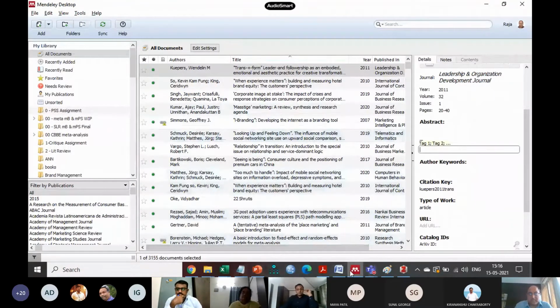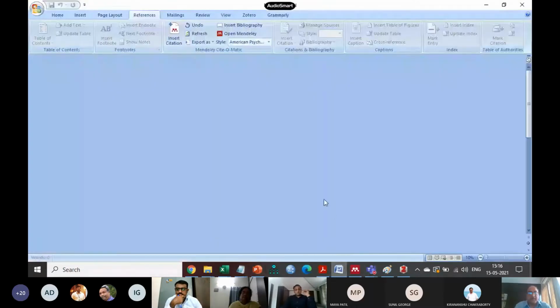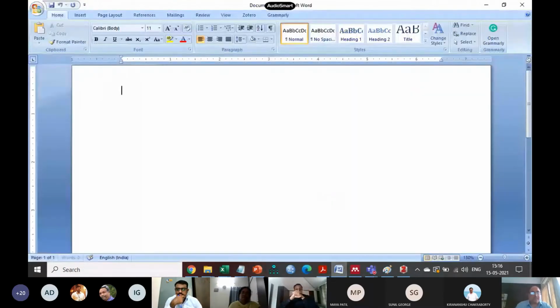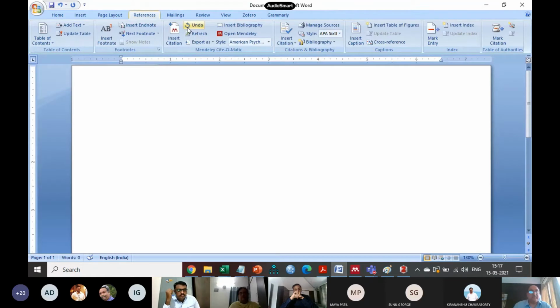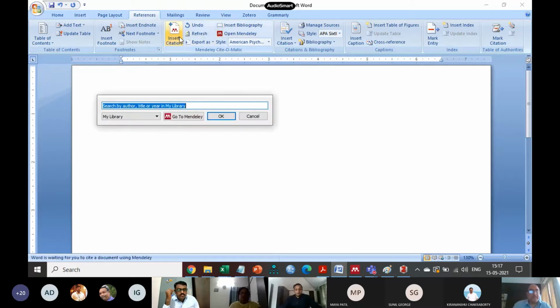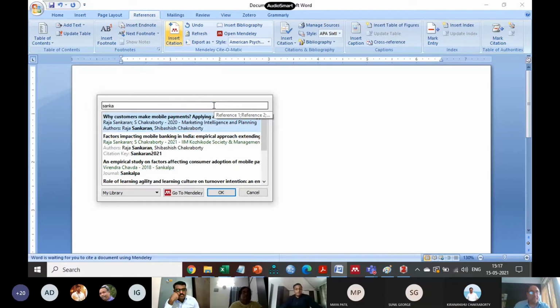For example, if I have a Word document, there is a slight difference when you want to cite this as part of your Word in the plugin. Zotero has a separate menu bar, whereas for Mendeley it goes within References. It creates this kind of plugin for Mendeley. You can insert a citation. You can just type in, for example, if you want to cite my paper,